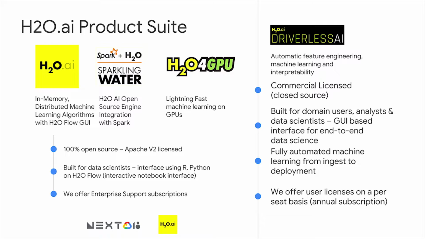And on the right, you see our commercial offering, our first enterprise offering called Driverless AI, which takes all the benefits of open source but packages it all together to give you full automation end-to-end. You can go from data ingest all the way to production. All the intermediate steps like feature engineering, model building, training, and hyperparameter tuning are taken care of for you. So our goal is, as Anthony said, to democratize machine learning and AI, make it really easy, and give the tools and products for enterprises, developers and data scientists to do their jobs easily so that they can focus on solving business problems.